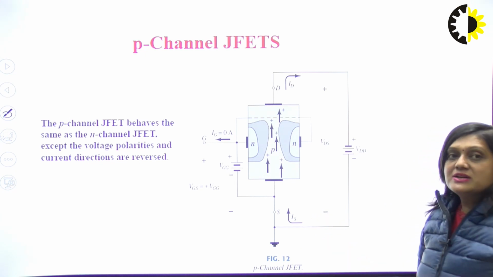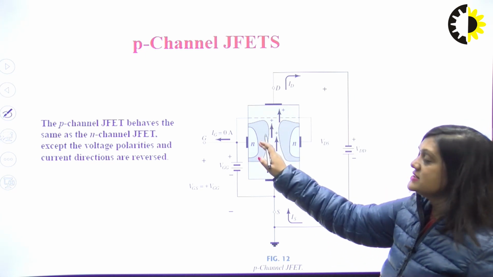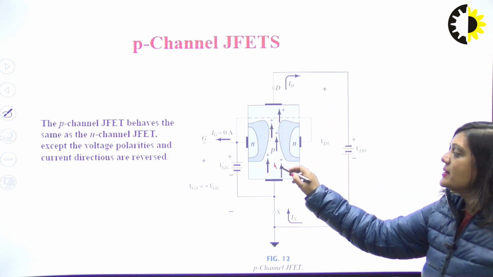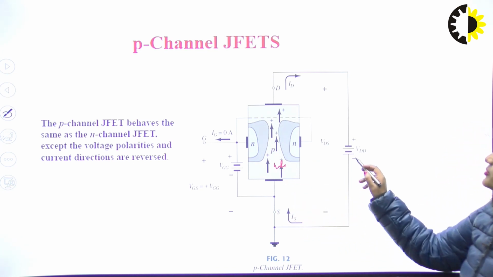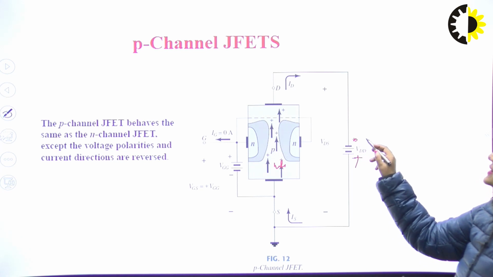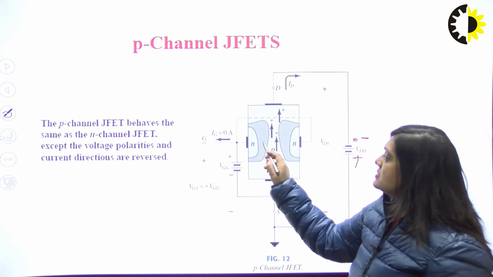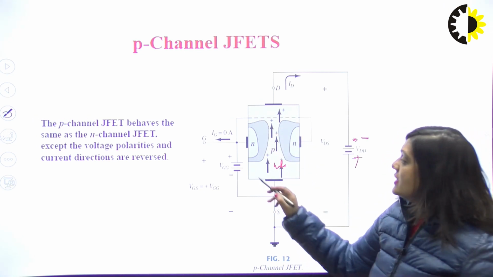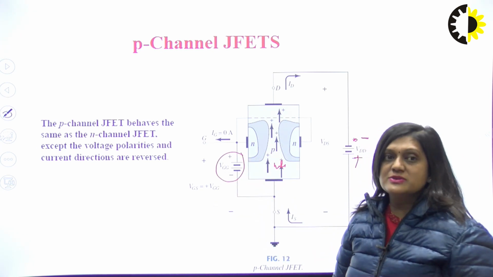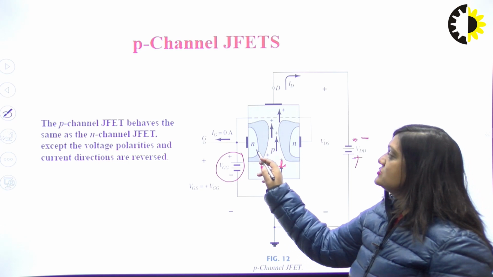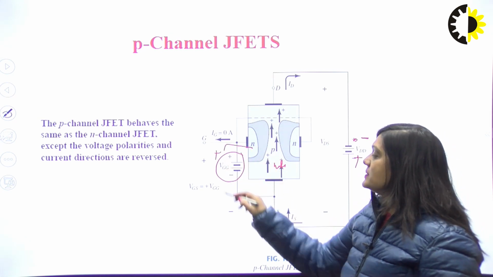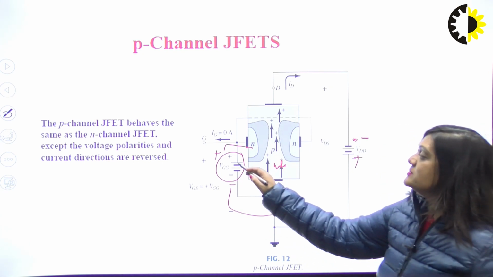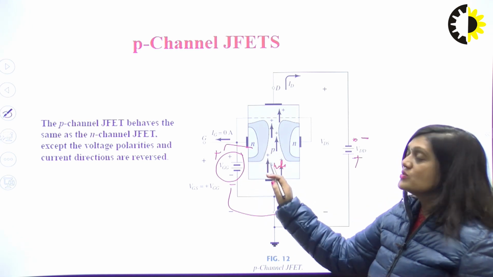So this is for the P channel. For the P channel, we have N type doping, that is the N blocks, and drain and source connections. This P type is there, so holes will be emitted from the source, and this source will be connected with the positive supply. This will be positive and this will be negative. Then the depletion layer will be formed, and on the drain side the depletion layer will be high. We provide the negative reverse bias between the gate and source. That's why this N type gate will be connected with the positive supply, and the source will be connected with the negative supply. So we have to keep the VGS in such a way that the gate and source will be in reverse bias.